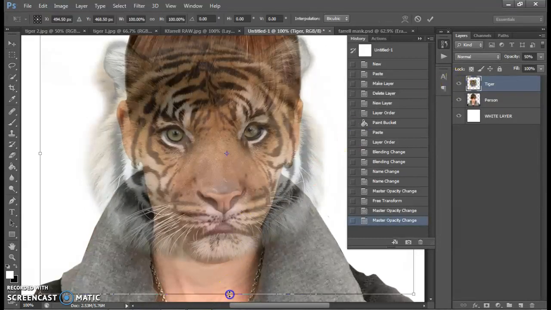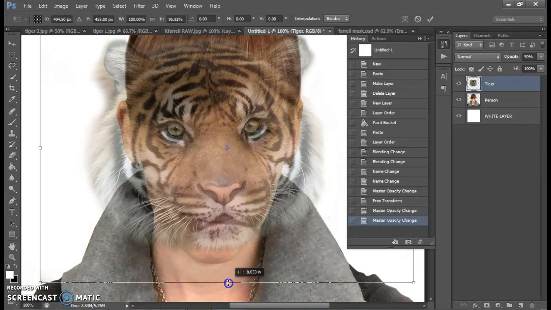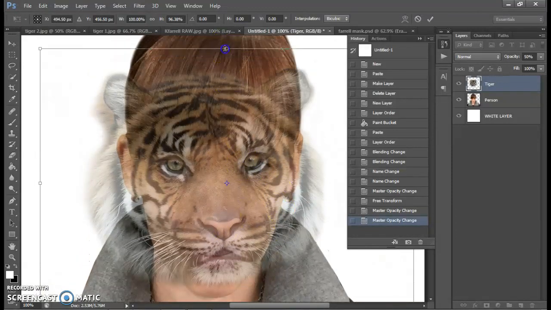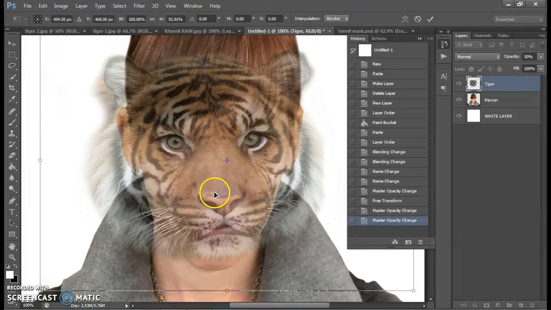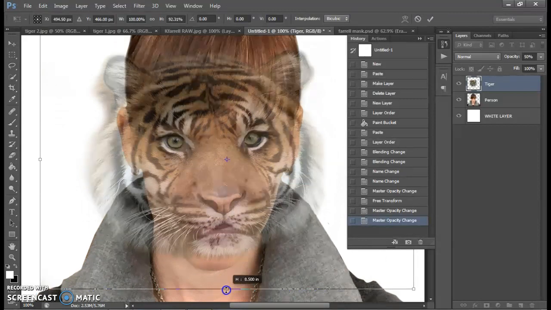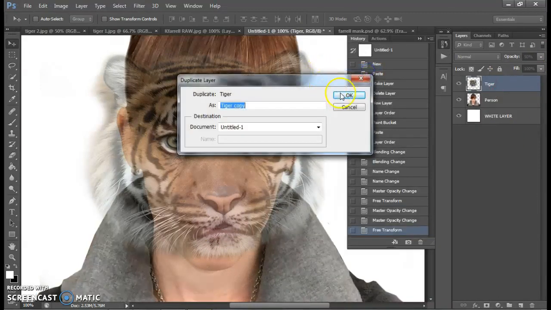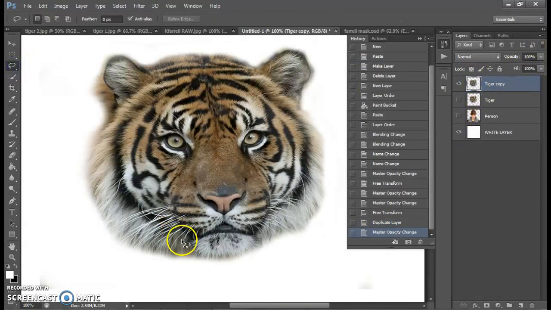So I do need to move this up a little bit more. And these eyes are now not in sync. So again, you're going to kind of, okay, the eyes are great. And I think that this is probably the best that I will get it. The chin isn't going all the way down to the chin, so what I'm going to do is duplicate that tiger layer, turn off these other layers, and I'm getting my lasso tool, and I'm going over